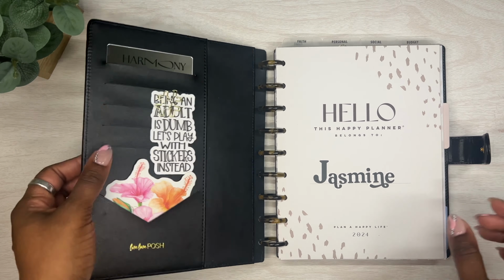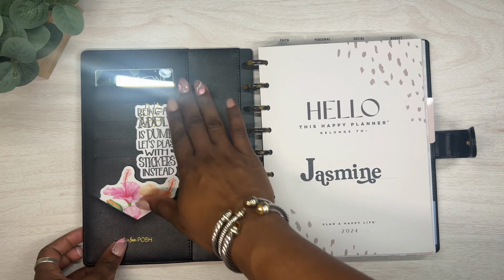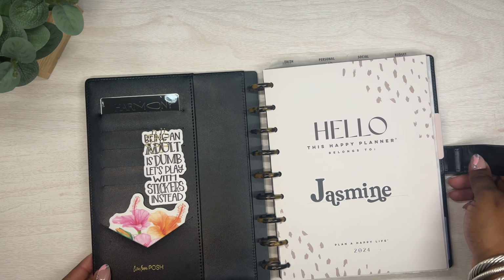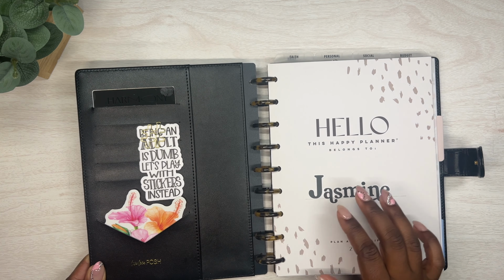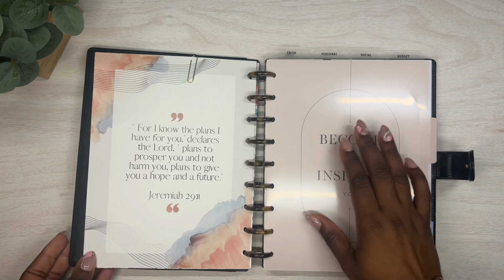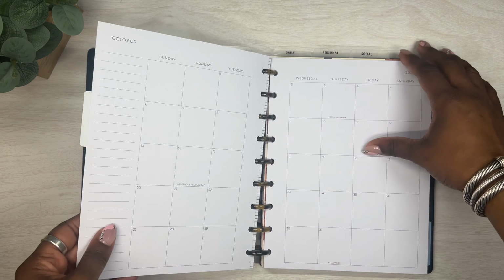Now let's recap and do a quick flip through of this planner. So here's my cover from Live Love Posh. I start off with some die cuts from Mojo Jojo, Live Love Posh as well. I have a reflection card. Sorry for the glare. I have a reflection card from Cloth and Paper. We start off with my name page. Go straight into my faith section. And again, in this section, I use the Happy Planner divider. However,